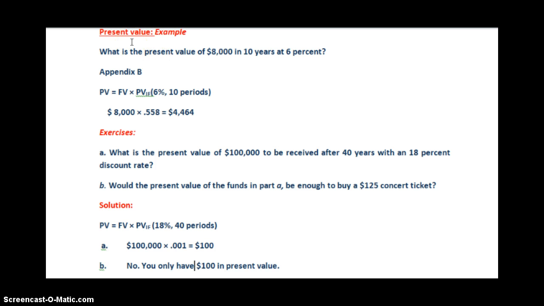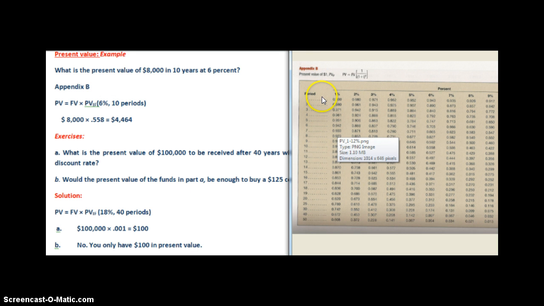Next, we look at an example on calculating the present value of a single sum. Let's take a look at this example. What is the present value of $8,000 in 10 years at 6%? Now, to answer this question, you will look into the present value table, which is the Appendix B. This is the Appendix B, which you can see on the right hand side of your screen. And the formula that you will use is present value is equal to future value multiplied with the present value interest factor multiplied with